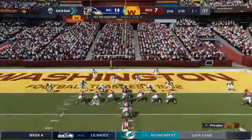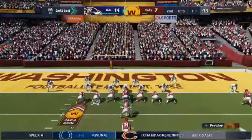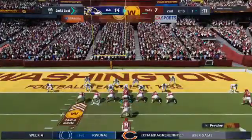Here's 2nd and a yard. Hey, pick it up, defense. Let's go. Mike 52. You don't want nothing. Pick up